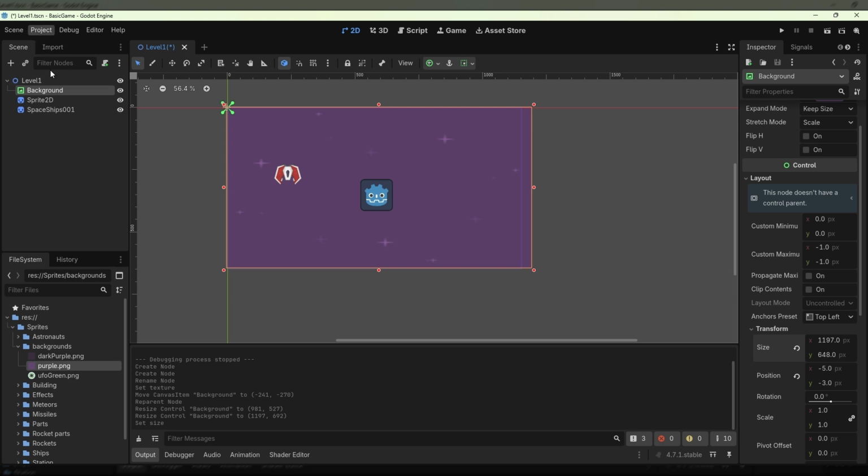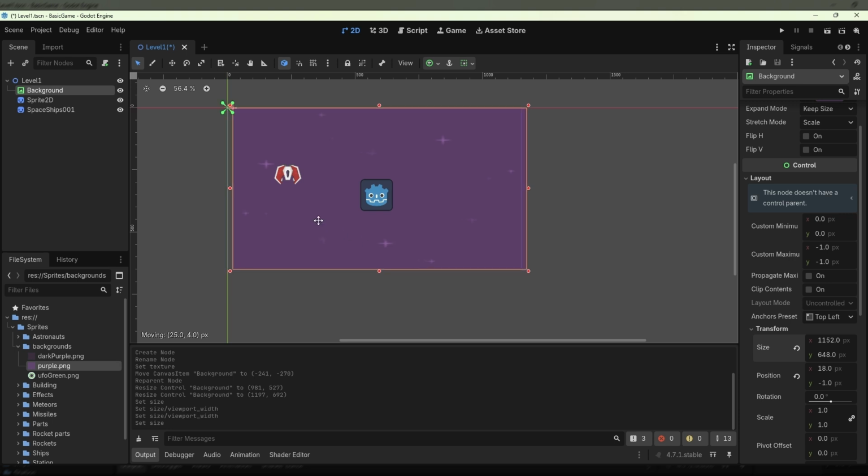So if you go to project settings, go to the window, 1152, go to here, type 1152. So now it's perfect. Perfect here. So now if we press play,